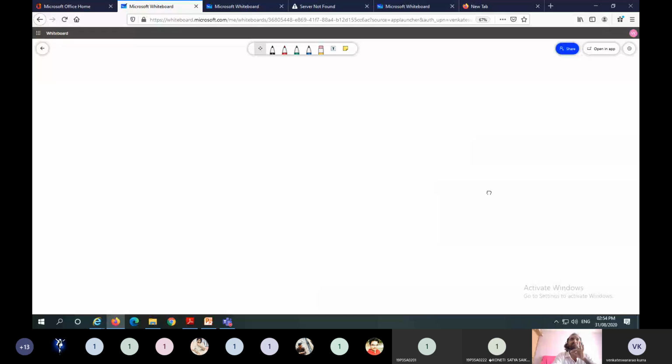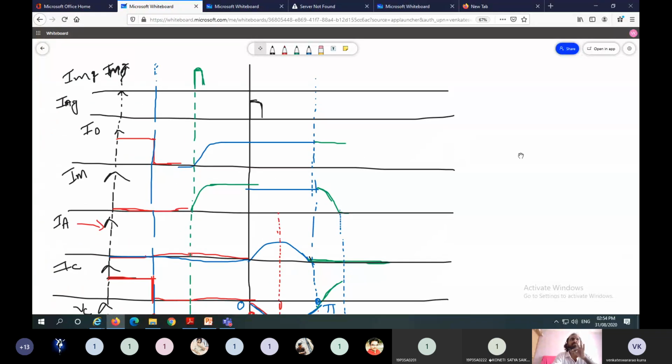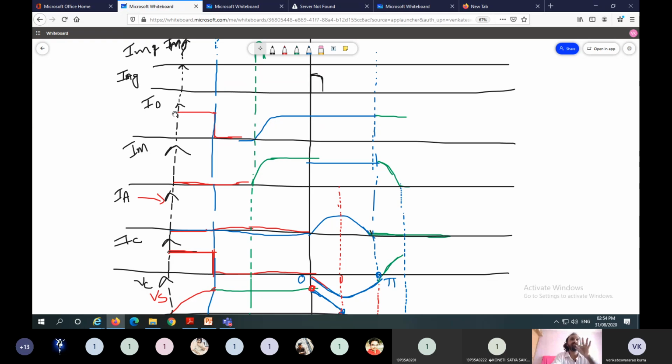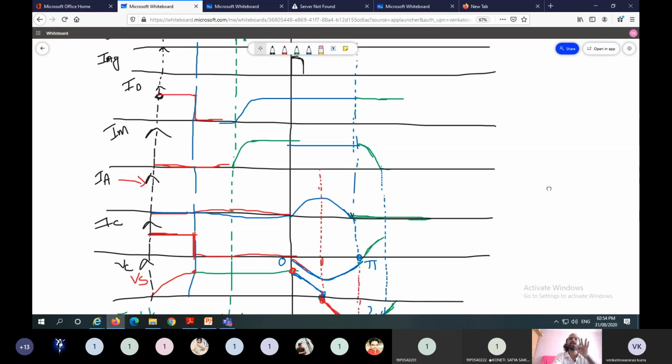So the state is similar to the previous state. Here, this one is the original first state. We draw the current. This current is due to charging of the capacitor. So the same current flows for a certain time. This one is the load current. So once the capacitor reaches maximum voltage,